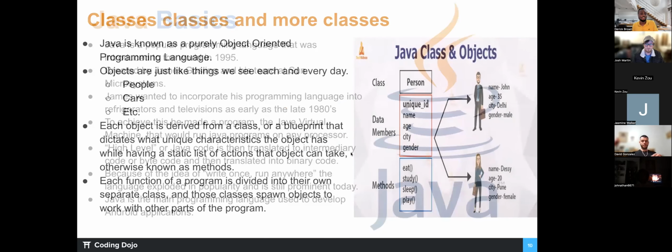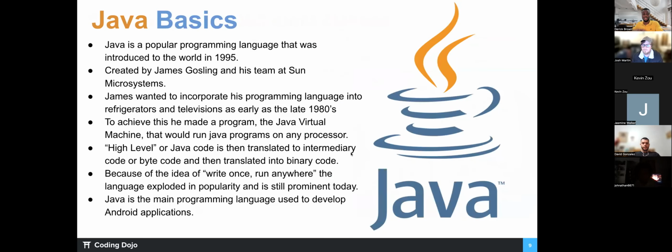All right, now Java. We are jumping to Java. Java is a popular programming language that was introduced to the world in 1995, and it's different from JavaScript. The names are very similar, but they don't know each other. They are very different. So Java was introduced in 1995, created by James Gosling and his team at